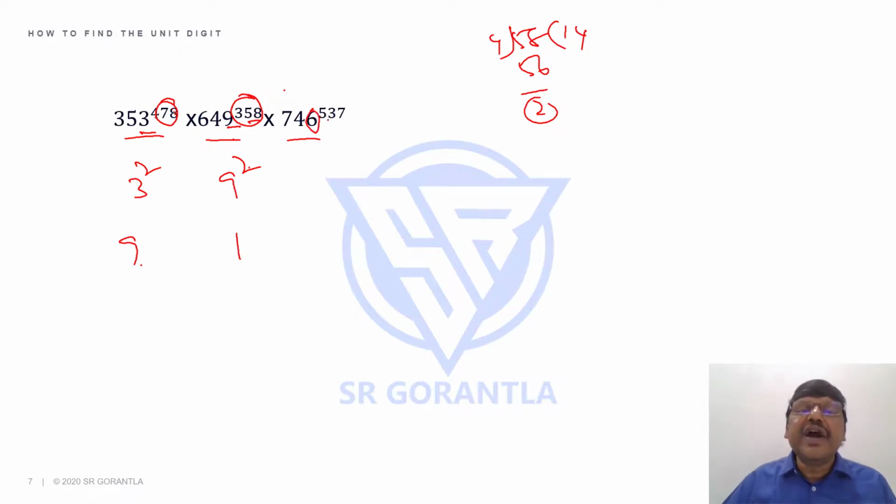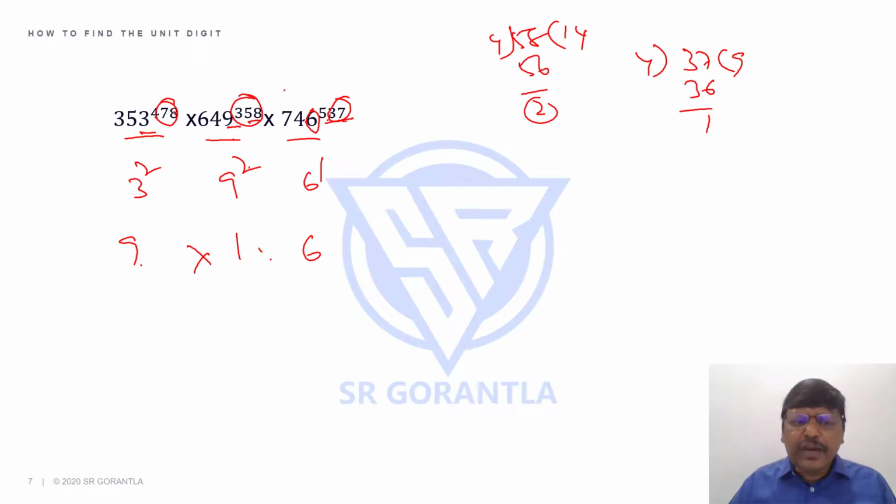6, if I take, again I divide the... I'm saying that if you don't know all these special rules about first group, second group and all that, only one rule I am telling: divide the power by 4. Power 37, what is the last two digits here? 37 if I divide by 4, 4 9s are 36, remainder 1. So 6 power 1, it is 6. You are getting the same answer or not? Yes. So students, you will always get the same answer.